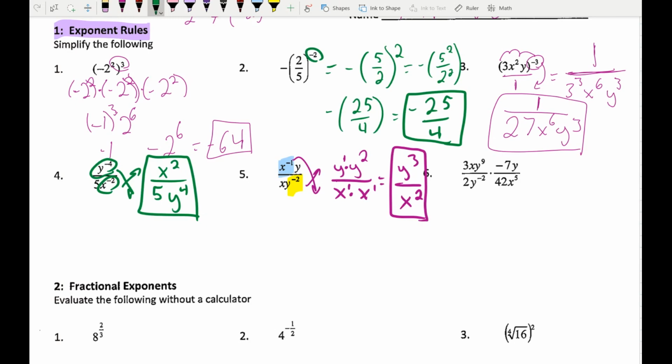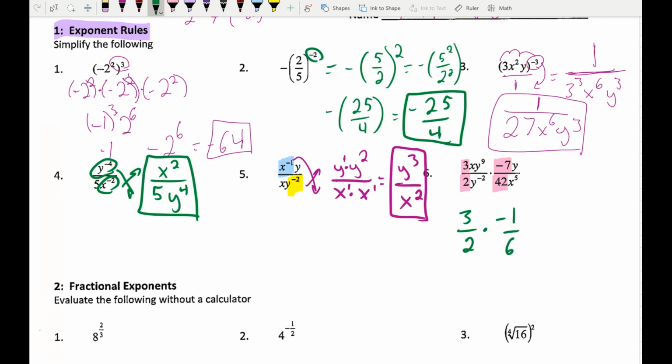Number 6 looks really complicated. But again, if we just focus on one thing at a time. The first thing I'm going to focus on is just the numbers in front. So I'm going to highlight these in pink. I'm going to highlight that 3 and that 2, that negative 7, and that 42. I'm going to ignore the exponents and the variables. If I think about the problem just right there, I say, okay, 3 over 2 can't be simplified, but negative 7 over 42 can be simplified. I could say that this is like saying 3 over 2 times negative